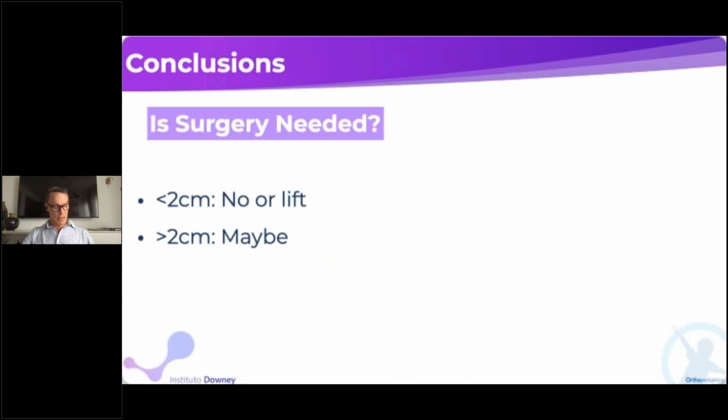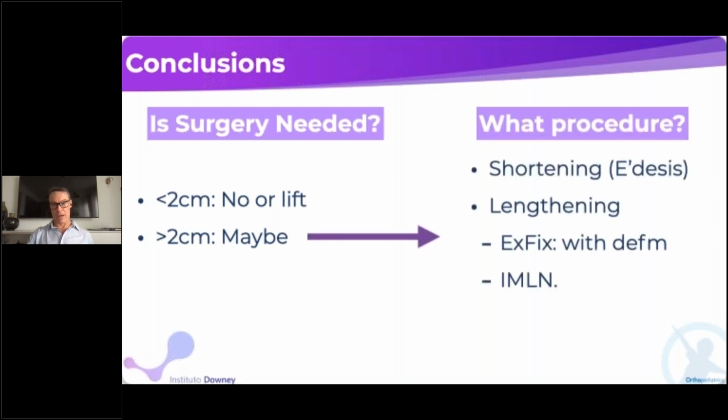So in conclusion, in answer to the question, is surgery needed? We can say that for discrepancies of less than 2 centimeters, it may not require any treatment in the absence of symptoms, or maybe just a lift to equalize the lengths. And for discrepancies larger than 2 centimeters, we can say that maybe surgery is needed. But what procedure? We can offer them the array of